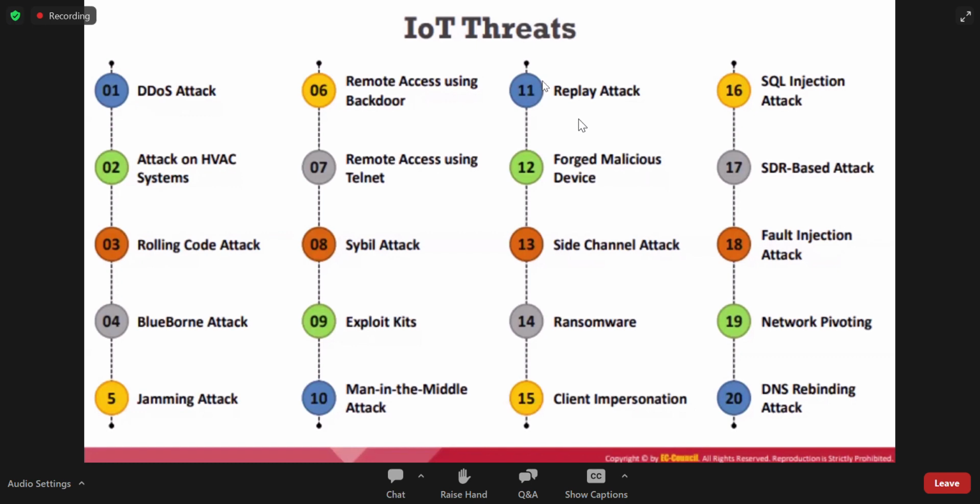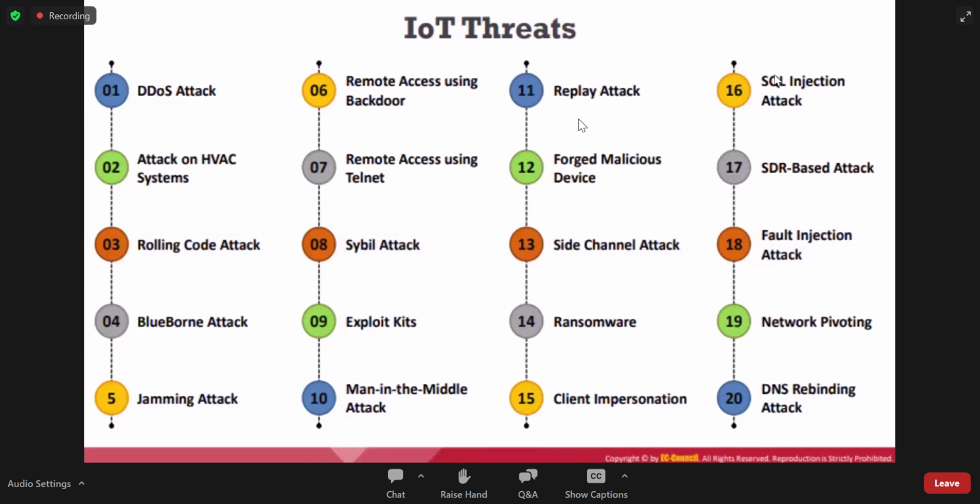That is why the technology has been updated to a rolling code. Rolling code means there are patterns of codes for unlocking and locking the car. If we can find the four or six rolling codes, we can identify the pattern and then easily unlock the car. That is what we call a rolling code attack.